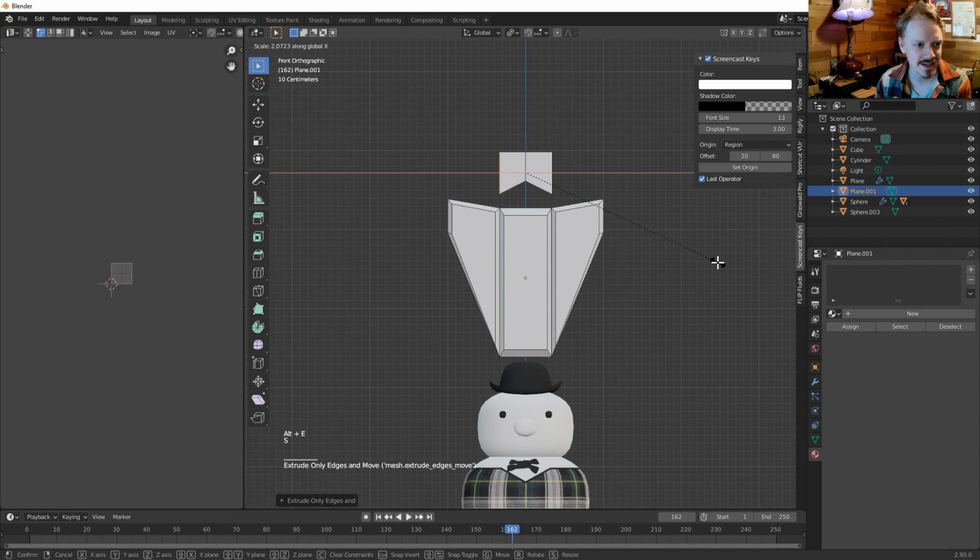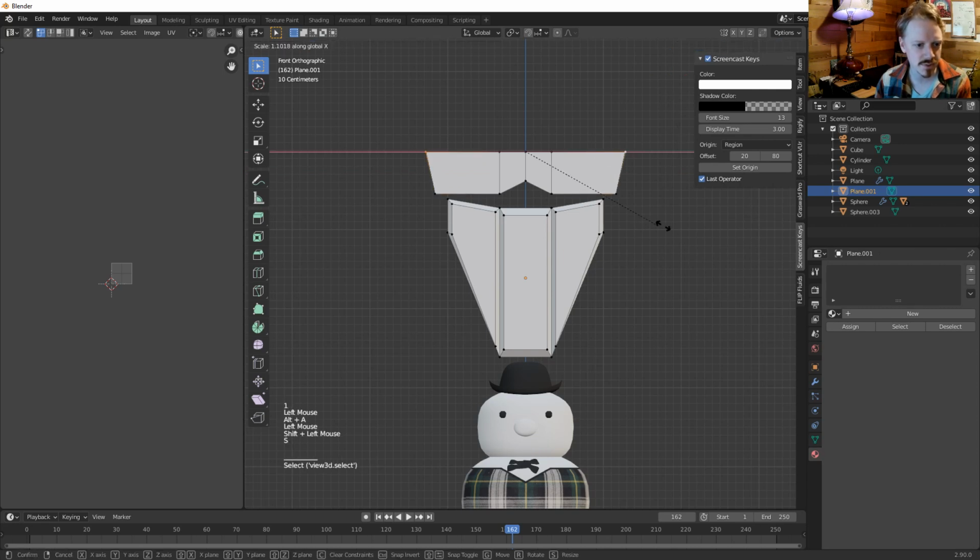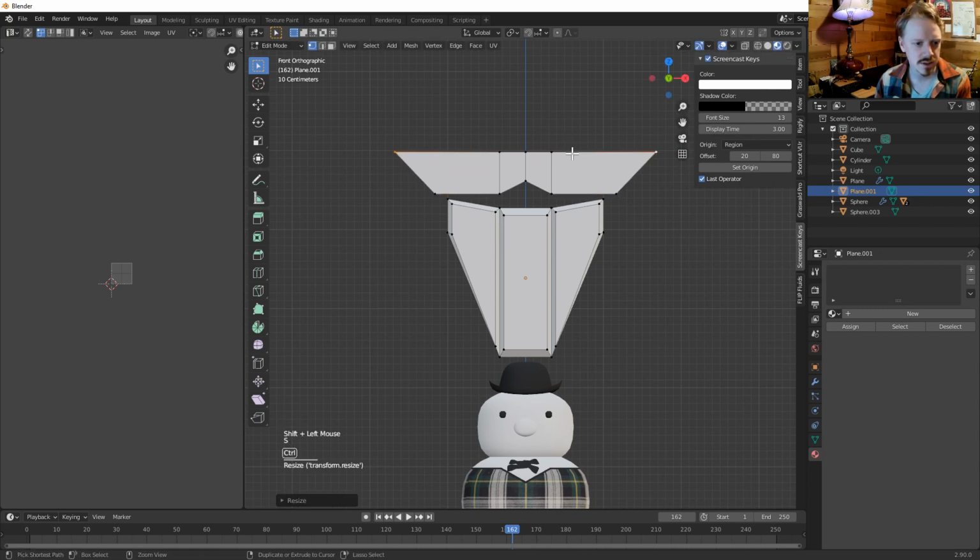Alt-E extrude edges. Oh, it's because I've probably extruded multiple times at this point. So I was thinking ahead and I lost the moment. I was like, how do we give him those kind of, that curly mustache thing